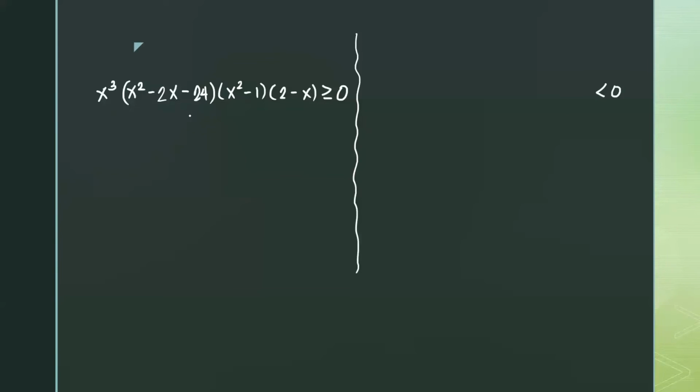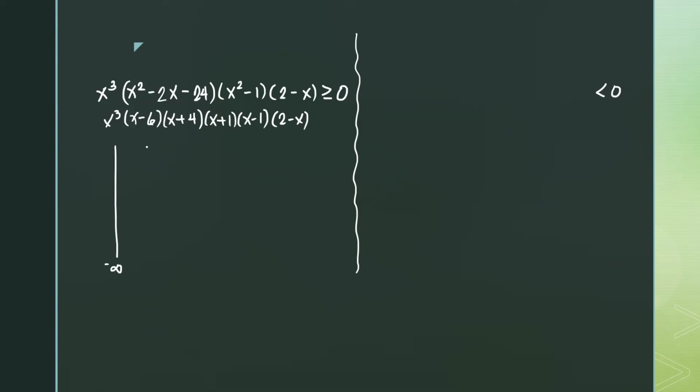Sige. One more example. So, in this case, if it's not factored, what you do is you have to factor it out. So, what are the factors of this one? X minus 6 and X plus 4. Am I correct, guys? Here, it's X plus 1, X minus 1. Here, it's 2 minus X. No problem with that. Here, it's X cubed. So with this, guys, what we do here is similar. You have to draw them in your number line and write your table of signs.